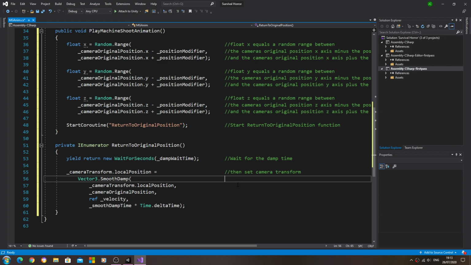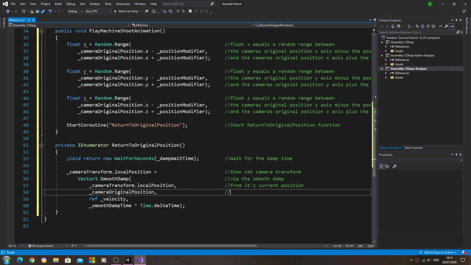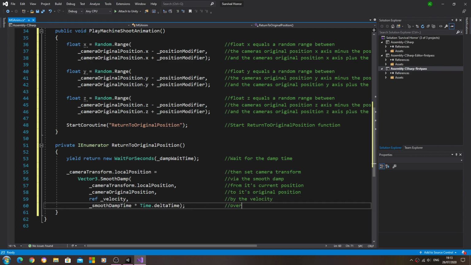We'll come to this next line, which just has the Vector3 SmoothDamp, and I broke that up so we can put in the comments via the smooth damp from its current position to its original position, and we can put by the velocity over the smooth damp time. So that is that function finished,